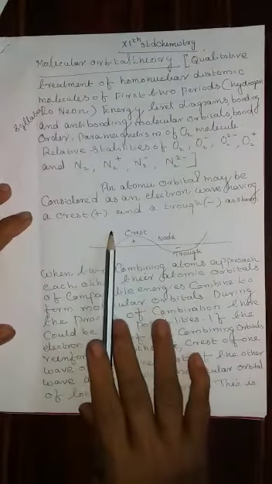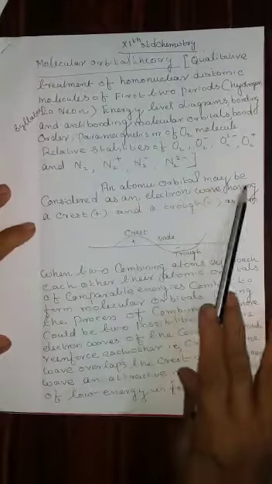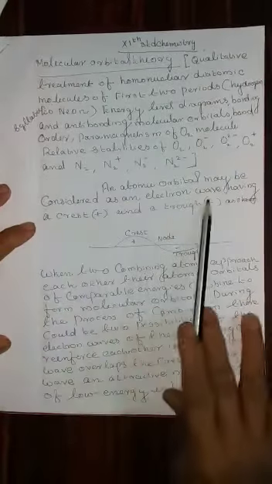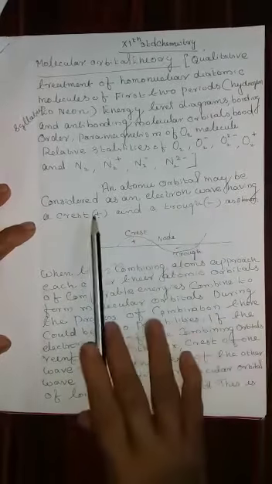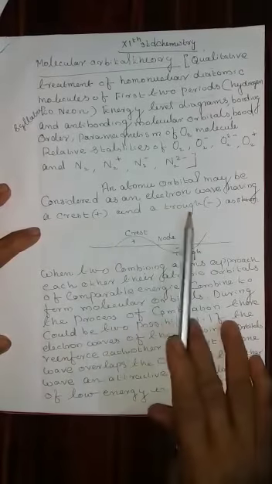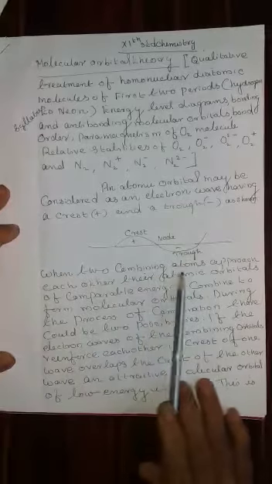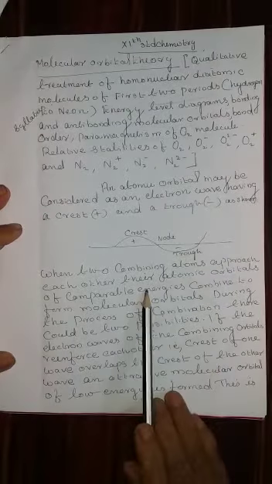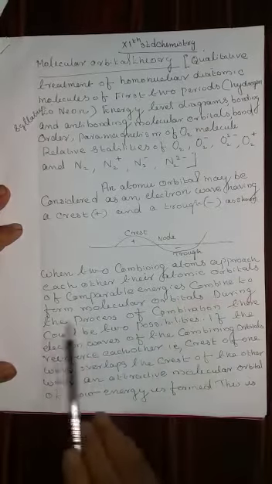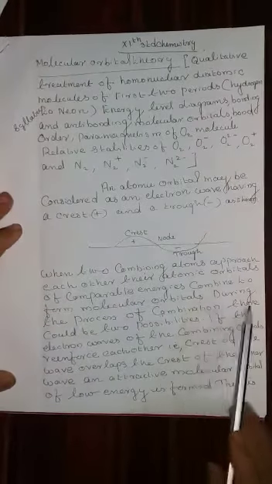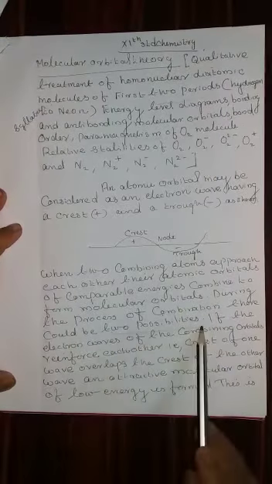First point, bonding and anti-bonding orbitals. An atomic orbital may be considered as an electron wave having a crest and a trough. Crest has a positive charge and trough has a negative charge, as shown in the figure. When two combining atoms approach each other, their atomic orbitals of comparable energy combine to form molecular orbitals. During the process of combination, there could be two possibilities.